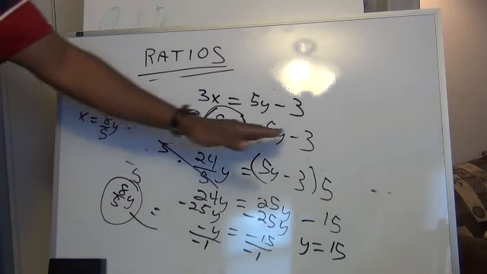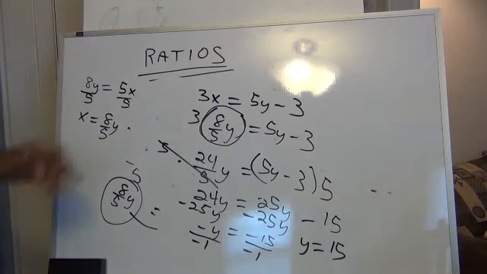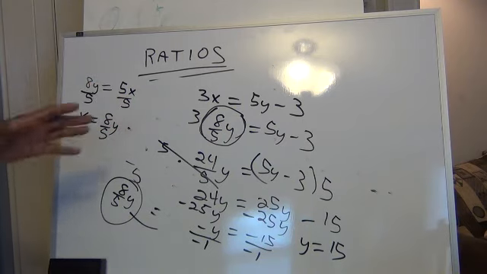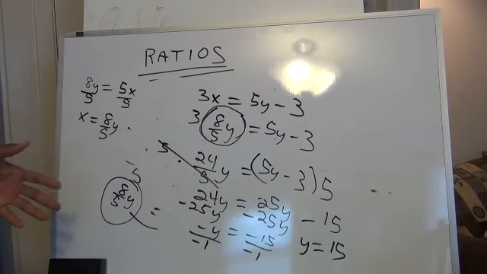That gave us an equation that had all y variables. All we have to do is combine the like terms, combine the y's, and combine the constants, and then solve for y, and we solve for y, and y was equal to 15. Okay? Now since we